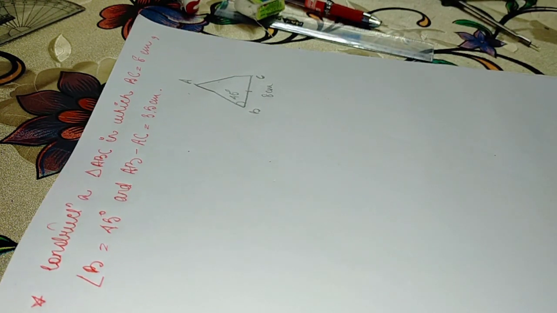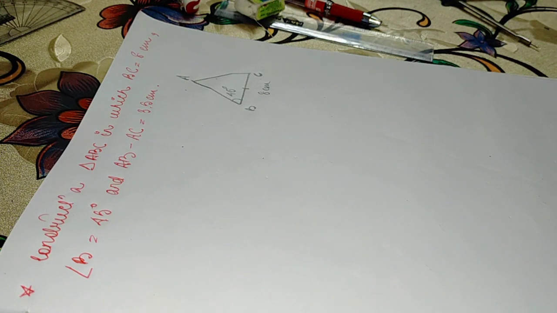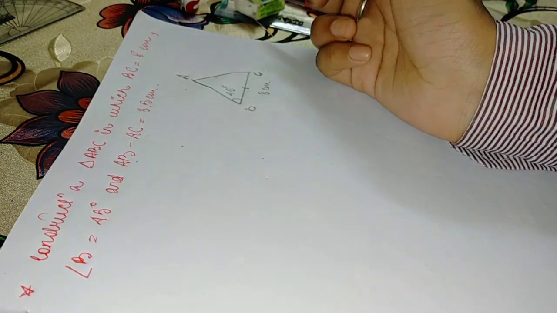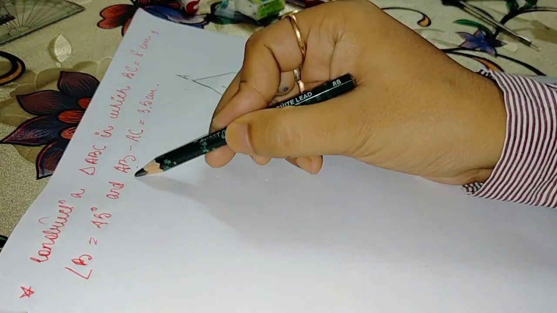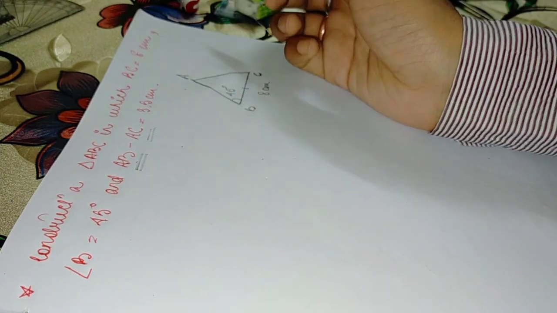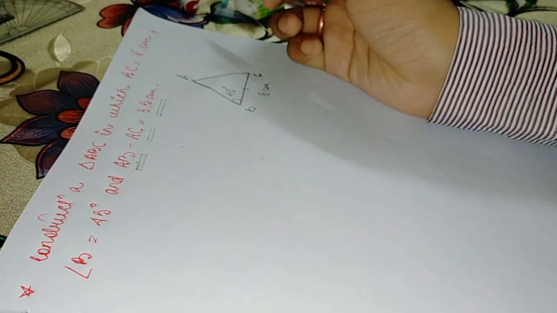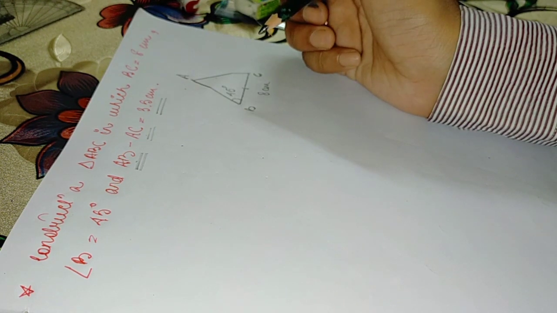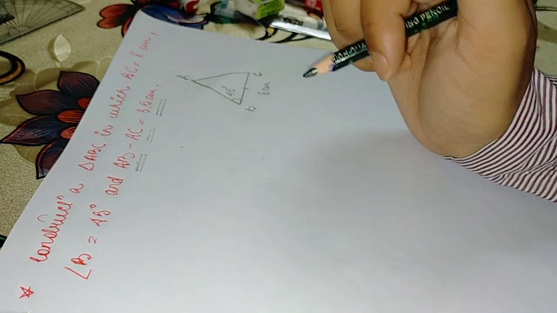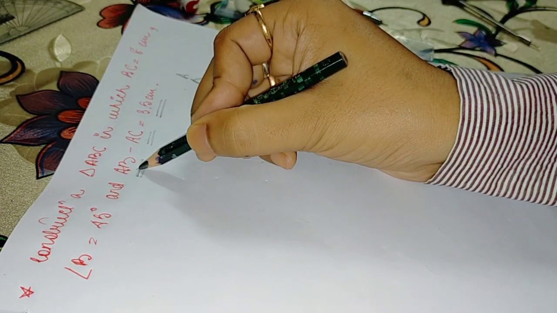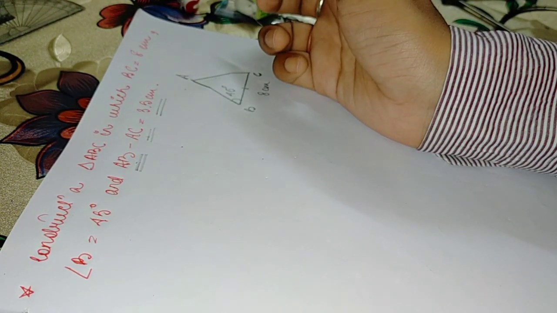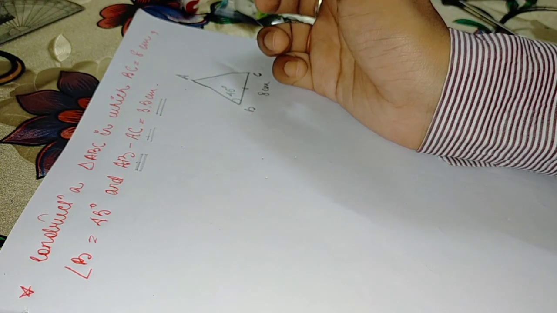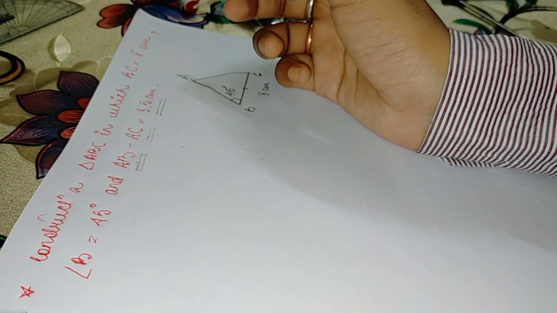So now you have to pay more attention to what I am saying. Okay, AB minus AC, always remember one thing: what is given first is AB, then what is given is AC, and after subtracting, the answer is 3.5 centimeter. So which particular side is bigger, that means which particular side is greater, is it AB or is it AC? That's the question, isn't it? So how are you going to identify it?